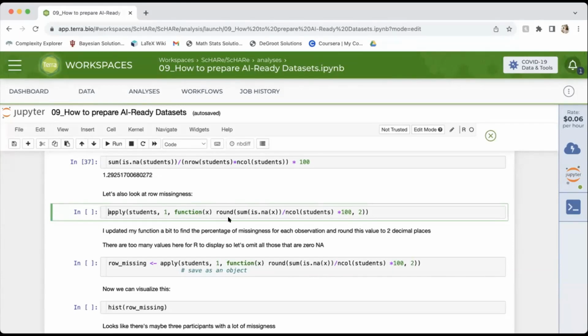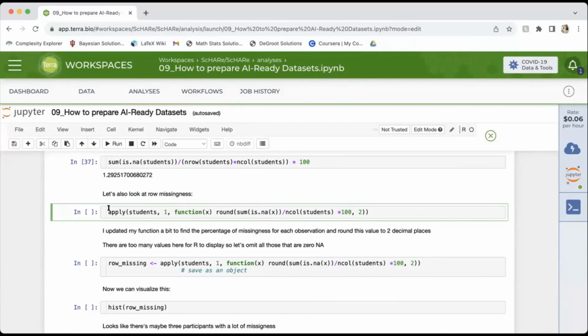And my function here is going to be, let's look inside all these parentheses, which X's are missing, divided by the total column number of students. So I'm looking at the rows this time, and the missingness across each of the observations. So across the total number of questions I ask that person, how many are missing, times 100 to get a percent. And then I'd also like to round that percent so that it comes out looking a little easier to understand. So the round function here, I am taking an input of 2, saying I want to keep 2